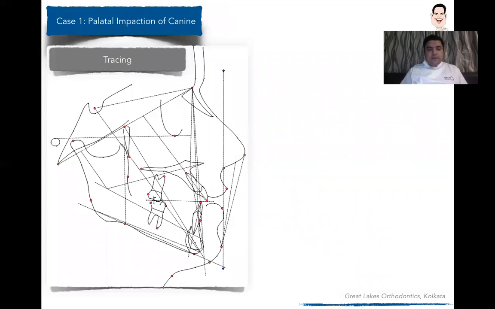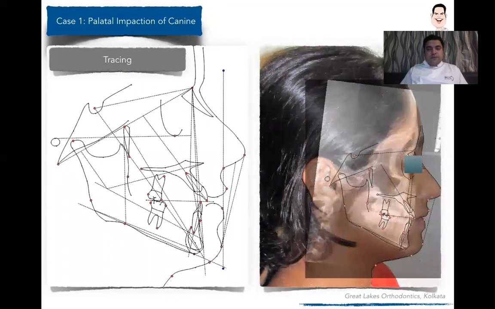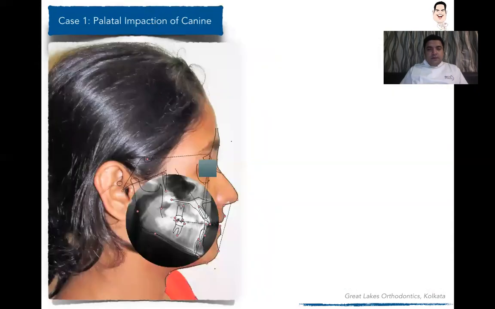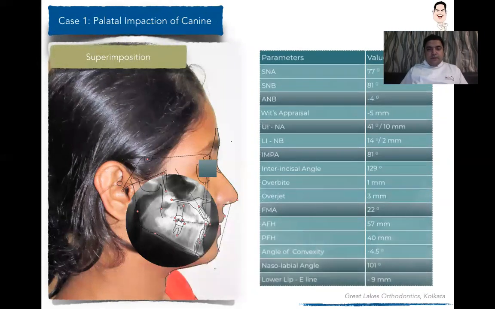Now that's the tracing. So we show the upper incisors are a bit proclined and the lower incisors are a bit upright. When we superimposed over the photograph, it clearly showed that there is some amount of discrepancy associated with the dentition. The skeletal relationship was, however, class 1. So when we analyzed the lateral cephalogram and the photograph and did the composite tracing, we found that there was an A and B,